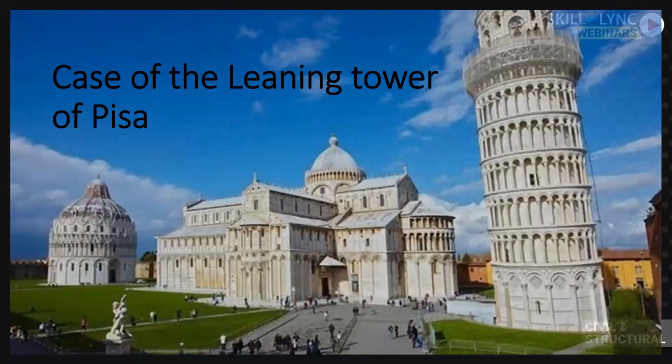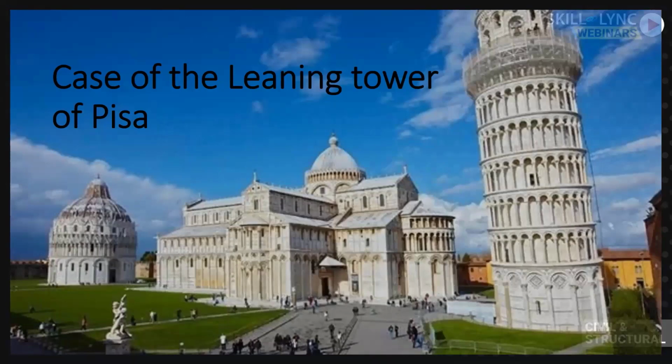So when the construction was restarted in 1270, the engineers or the masons or the people who were constructing found that the tower was leaning, and they made corrections by themselves. They started making the walls on the southern side taller than those on the northern side, so that by the time a floor was completed, the tower would look straight. It was not actually straight. They didn't think about correcting the basic problem, but they thought they would make adjustments and make the tower look perfect. But that didn't work.